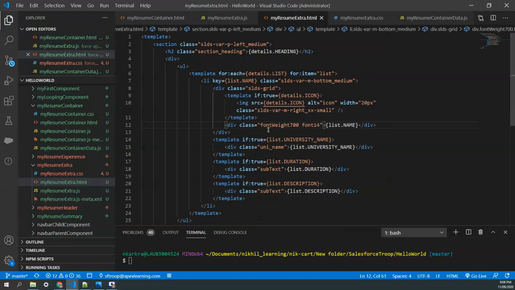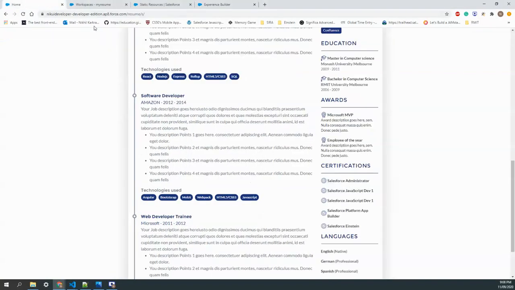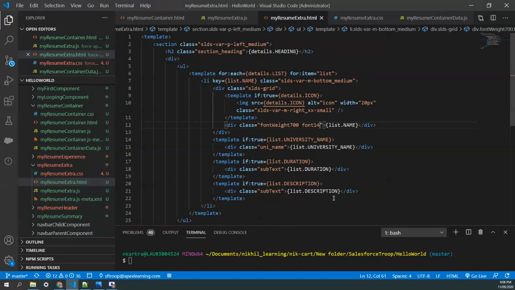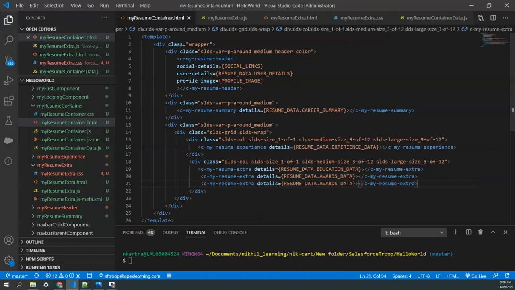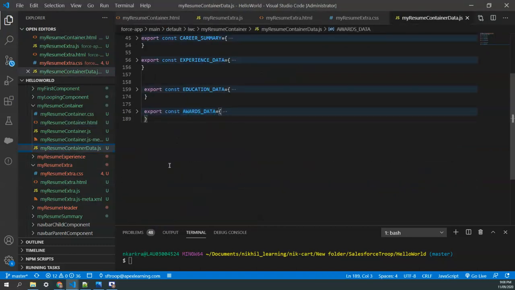So now the next section is certifications. Let's quickly go to our container, call the same component again, and we'll call this section certification data, and let's go and create the data. The data should be in the same structure again. Certification data,